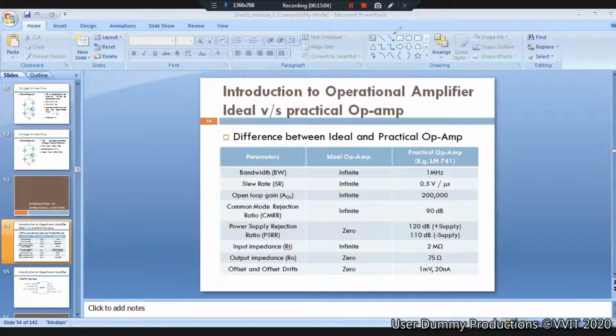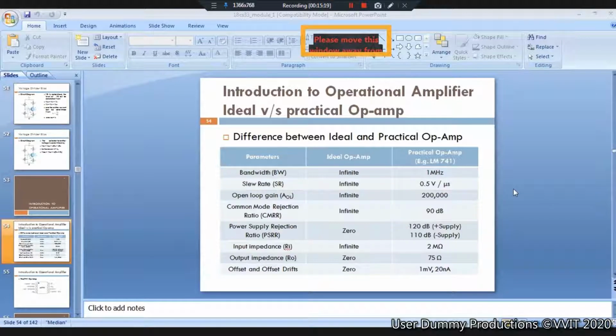You can see them one by one. Before going to that, I have given the differences. Sometimes they will ask for the difference between the ideal and practical operational amplifier in the external exam. Don't get confused in the external exam. See here,